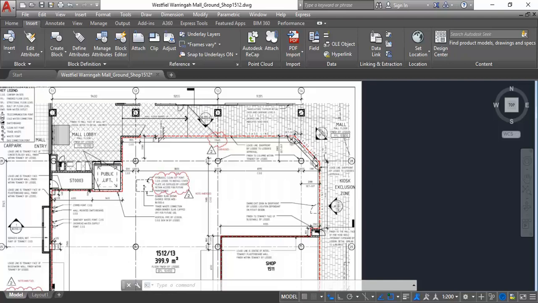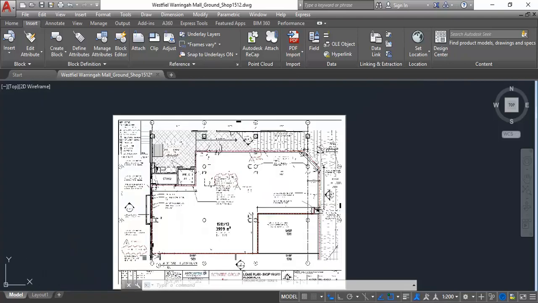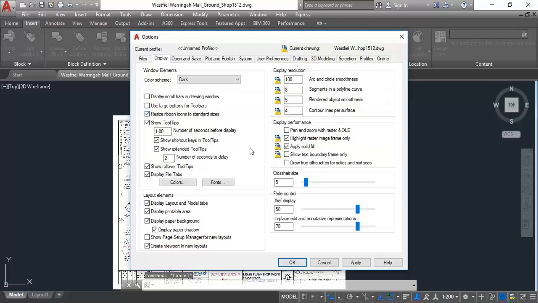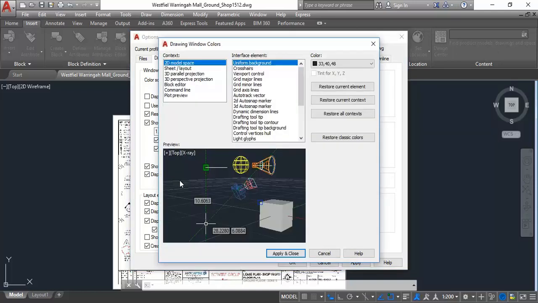So I'm just going to show you a little trick that'll make it a little bit easier. If you right-click on the command line, you can go to Options, and then on the Display tab, go to Colours, and then you've got on the right-hand side a list with crosshairs,